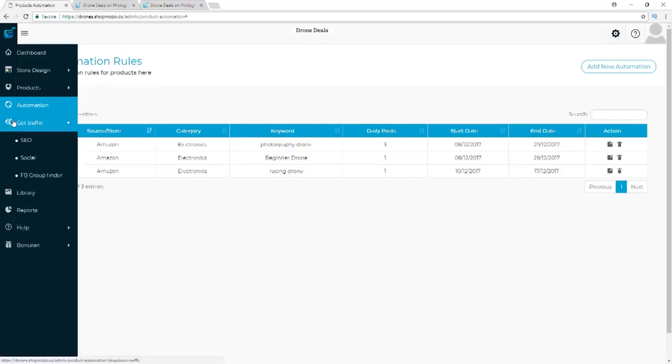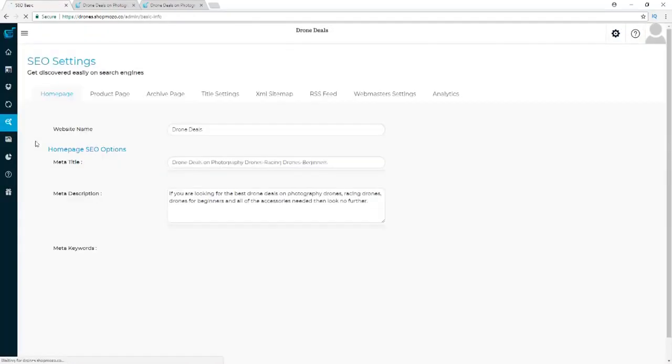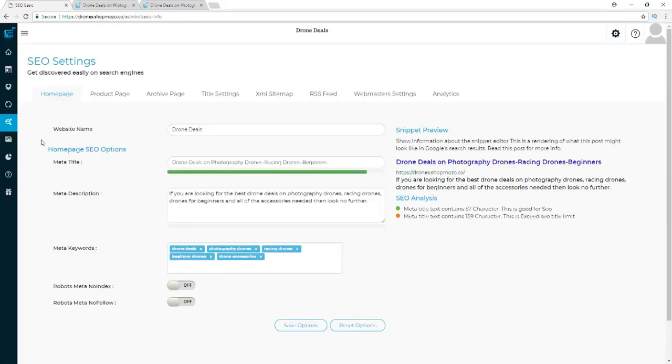Okay. So the next thing we're going to look at is the Get Traffic feature. This is where you're going to be able to mess with your SEO, your social, and your Facebook group finder feature. Now, these are really, really cool settings because SEO brings in traffic from the search engines for you, and